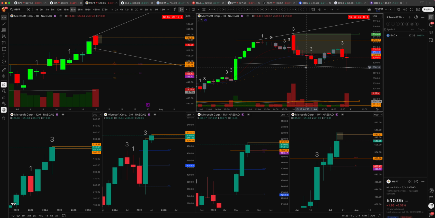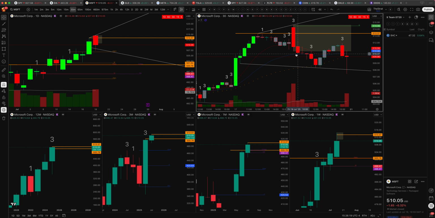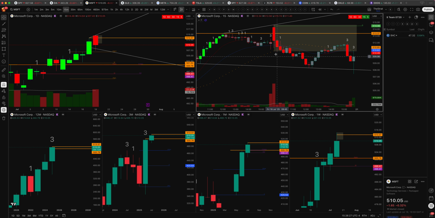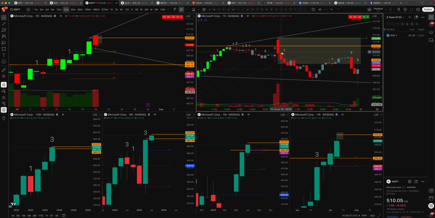So on the 30, for me, the next clue that it's not just a TTO and coming back through is the continuity of the next flip. You could use even the 15 and say, okay, is this coming down? No, it's not. You had two 15-minute candles that were selling, right? The continuity of these flips matters, right? So that's my first clue, that this might be a bad day for Microsoft to the